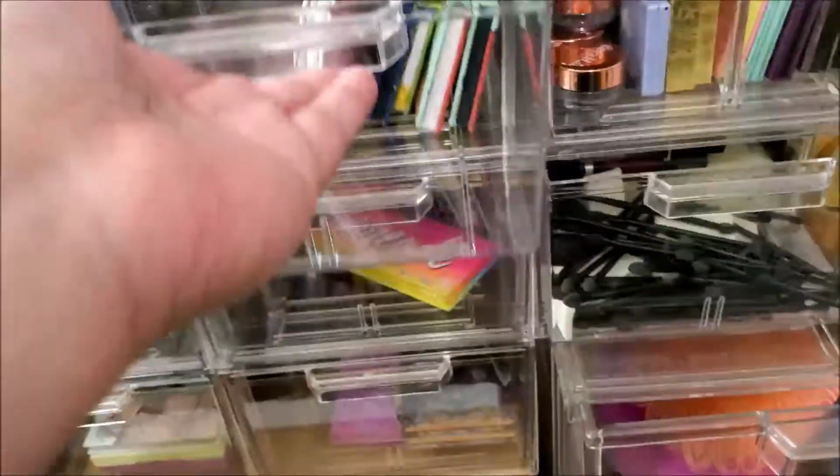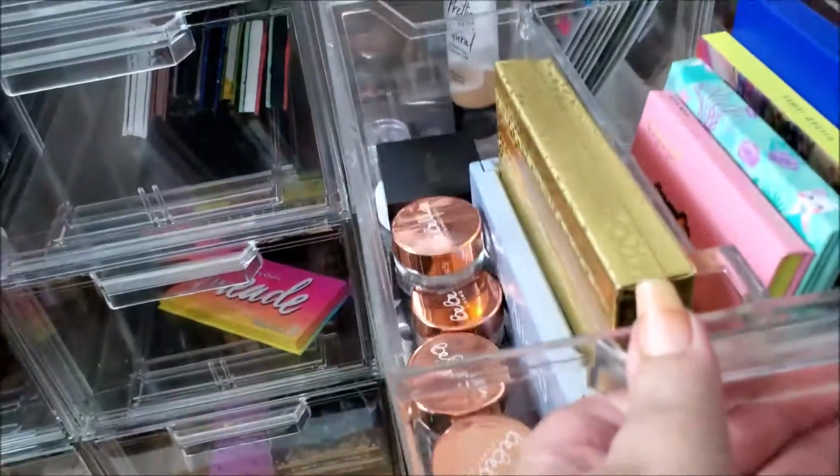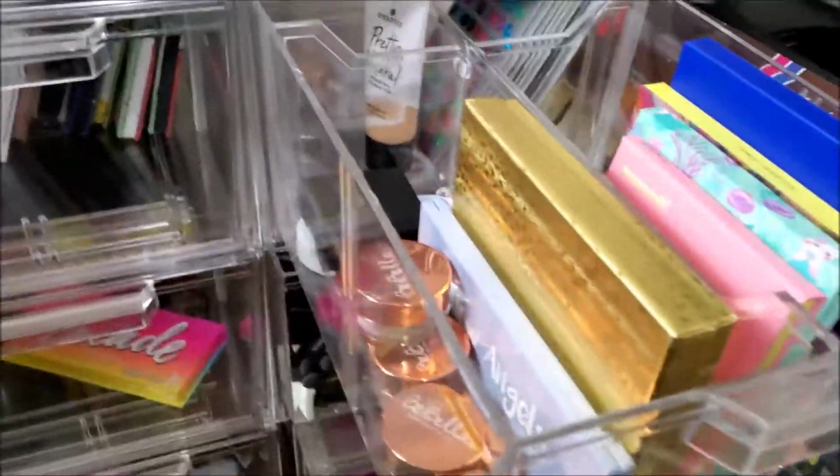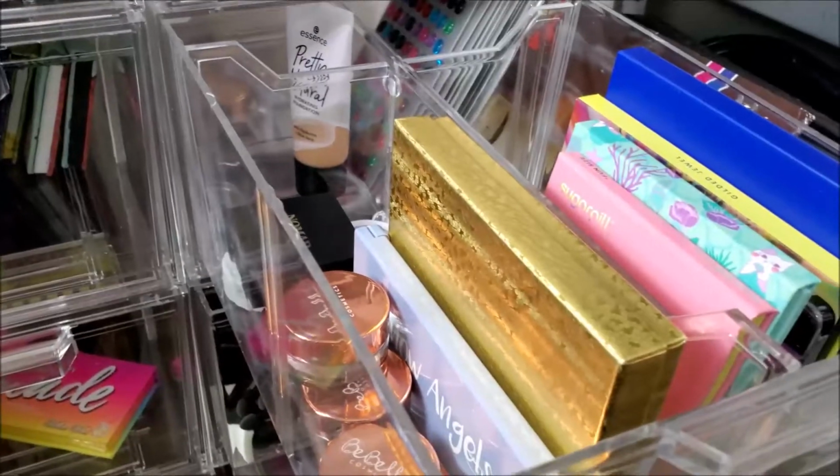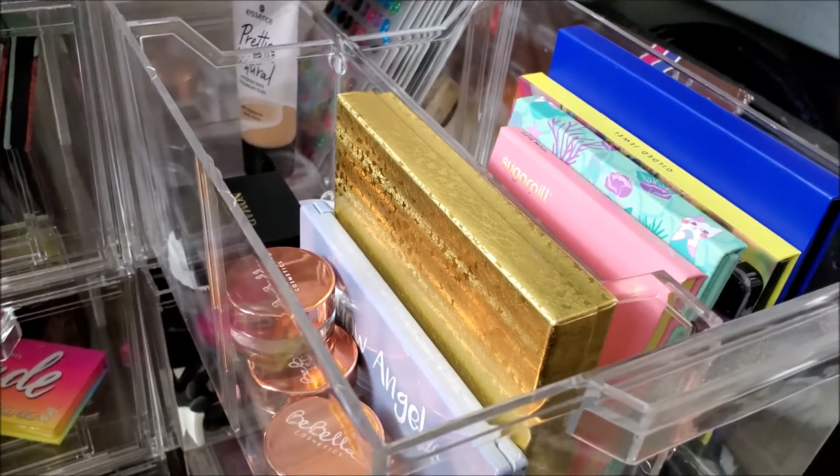No, I'm going to say no to that. What do we got? We got quite a few things in here. You can see a foundation back there that I'm going to start playing with. That one's too dark. I have the lighter one out. I think,